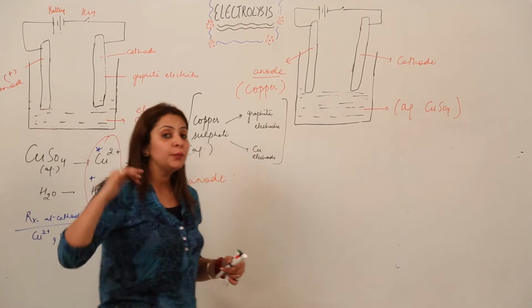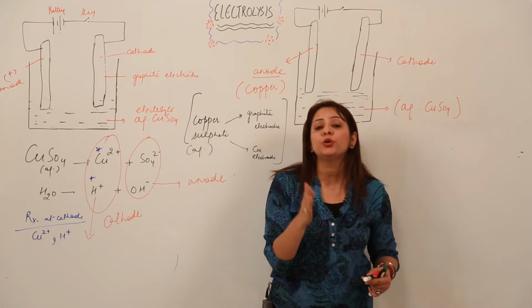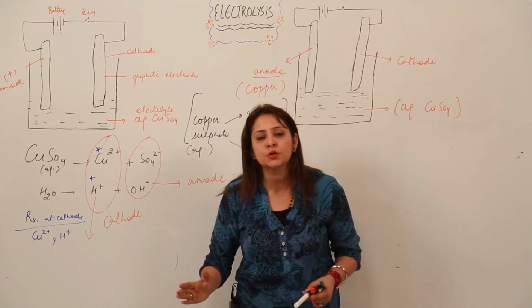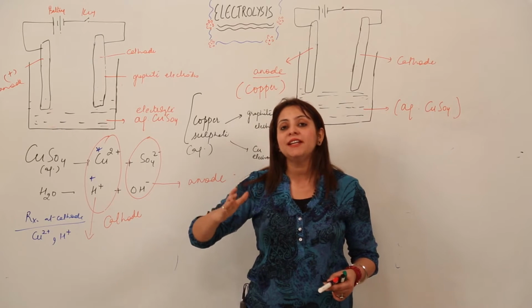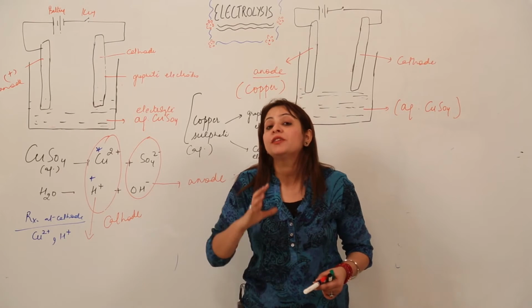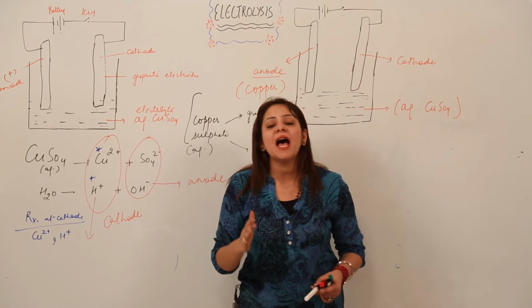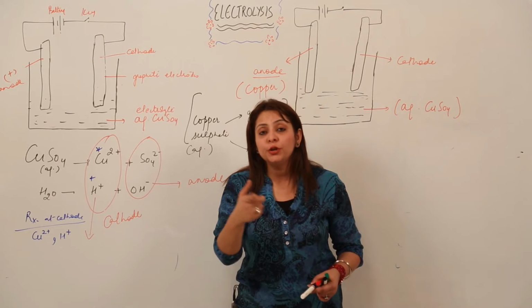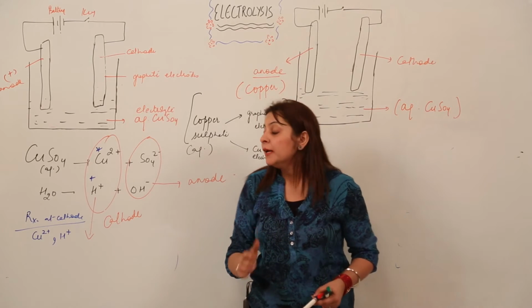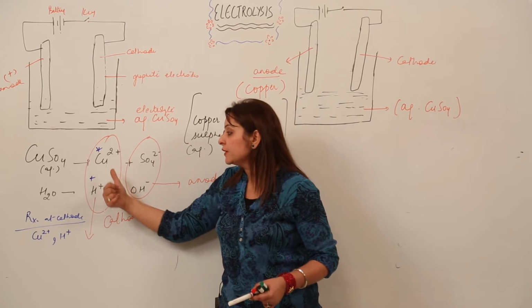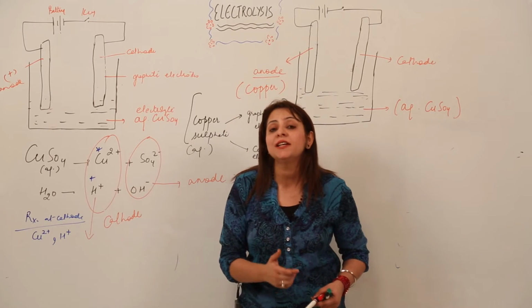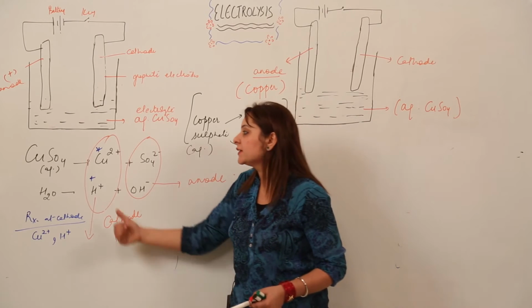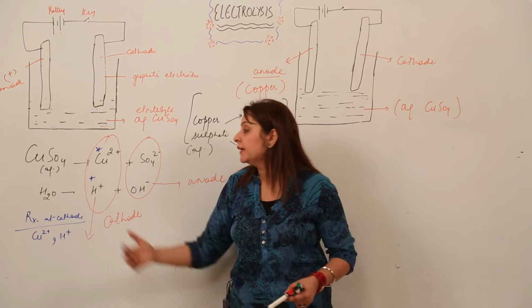As I told you in the previous example as well, there is a rule that if more than one kind of ion moves to the same electrode, then the reaction occurs for that ion, or that ion gets discharged, which has the lower electrode potential. You can also say the lower reduction potential. So you need to know the potential values as well, right. Out of Cu2+ and H+, which ion has the lower electrode potential? Do you have any idea? Yes, you are right, it is the copper ion, not the hydrogen ion.